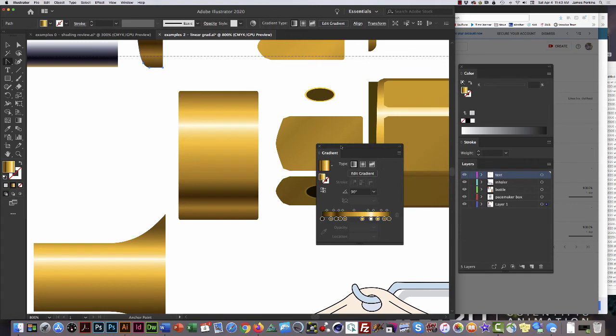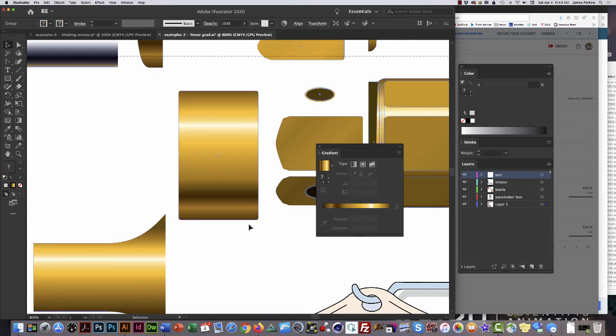To create the appearance of a shiny metallic surface, there's some little tricks you can use. There's no substitute for just looking very closely at a shiny piece of metal to try to understand what it is that makes it look metallic. For one thing, it's very high contrast. Very bright, shiny highlight, typically fairly dark shadows. But you also typically have multiple different values that almost simulate the appearance of reflections. So if I select this object